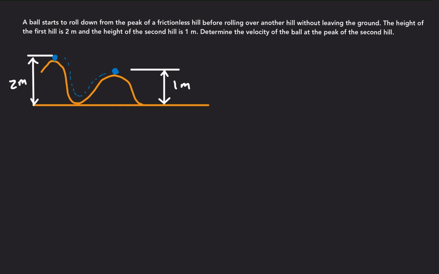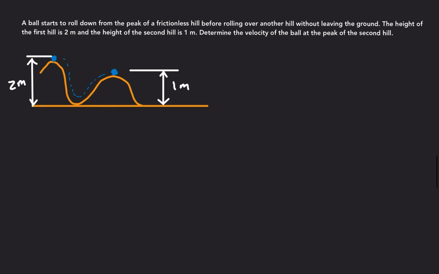Now we're going to apply the conservation of energy to solve this problem. One reason that we can apply the conservation of energy is because we know that the ball is changing potential energy and changing kinetic energy. Change in kinetic energy is equal to the change in potential energy. This is true whenever there is no friction involved, no work due to friction. Another way you might see this equation written: